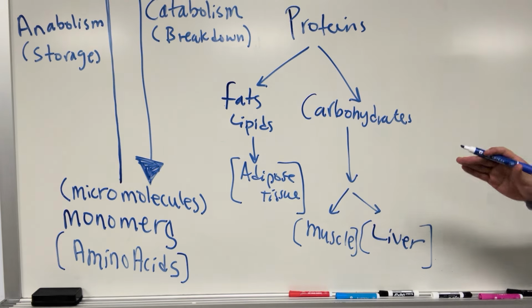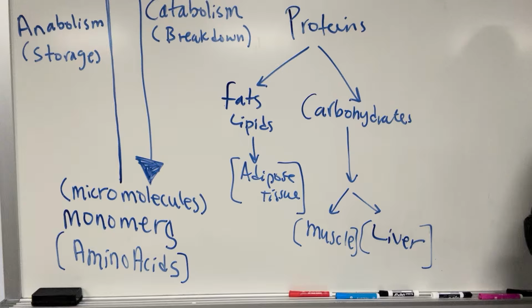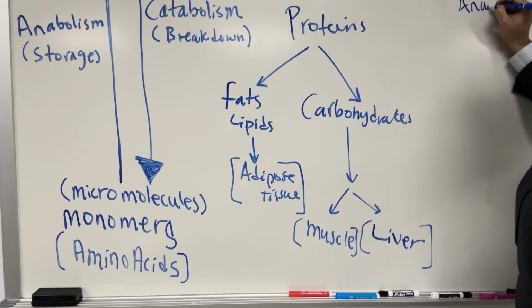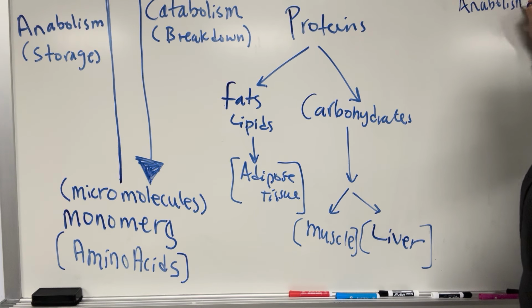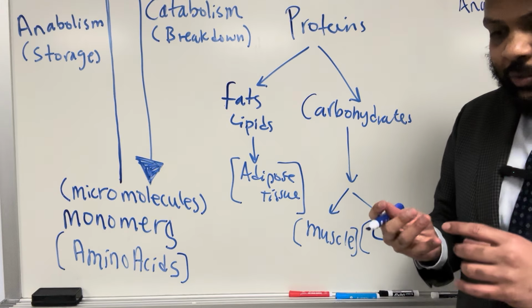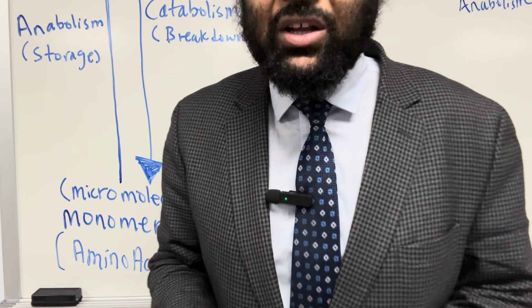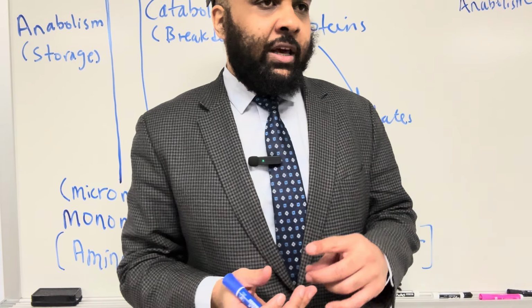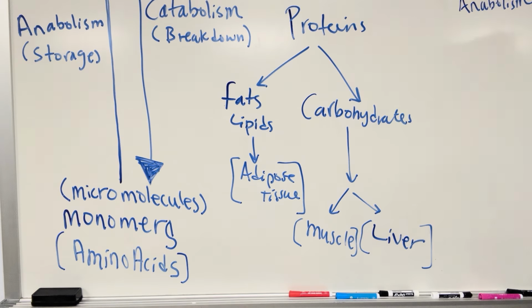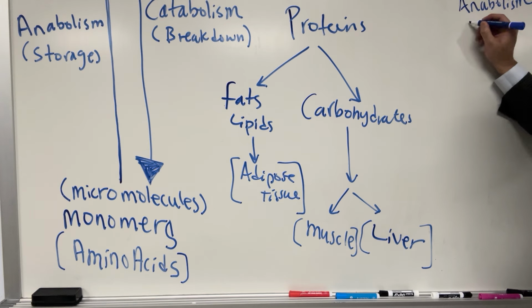In catabolism and anabolism, we're dealing with bonds, with energy bonds. So in anabolism, no matter which micro or macro molecule we are dealing with, amino acids, proteins, lipids, carbohydrates,